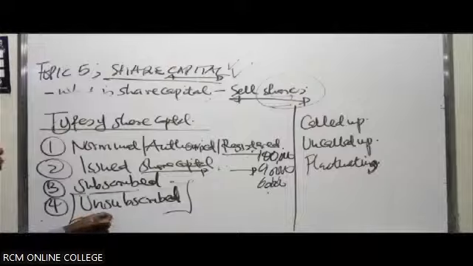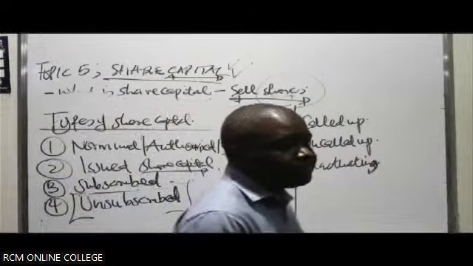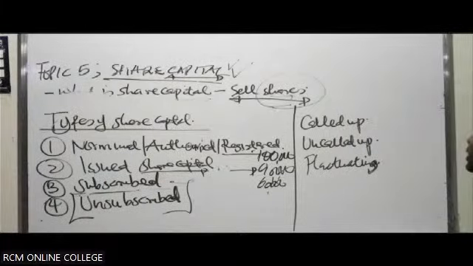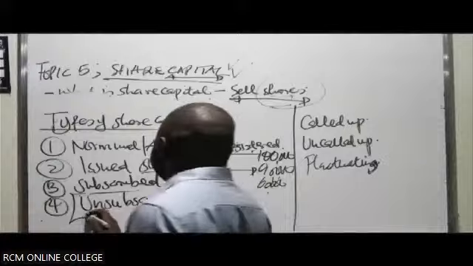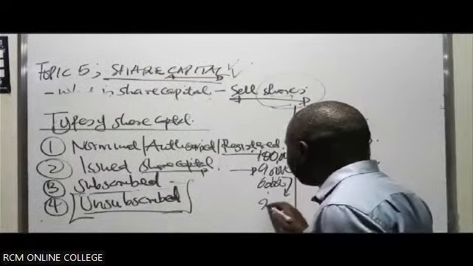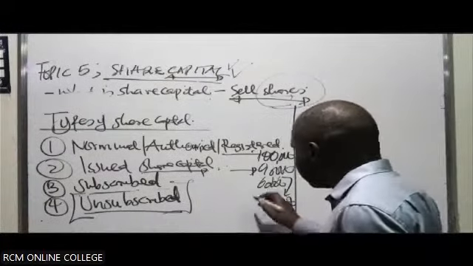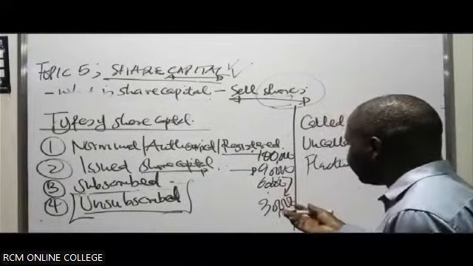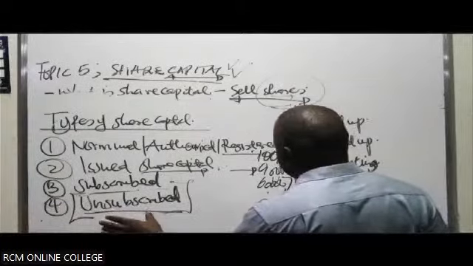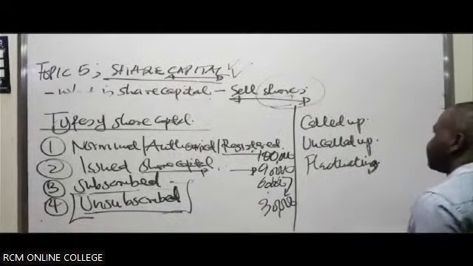There can be that part of the share capital which hasn't actually been applied for allotment by members of the public. So in this case, you'll have what you call unsubscribed. The remaining 30 here will end up having to be unsubscribed for. So not the entire share capital has been applied for or subscribed for; you'll experience that part of the capital which you had issued not being subscribed for.